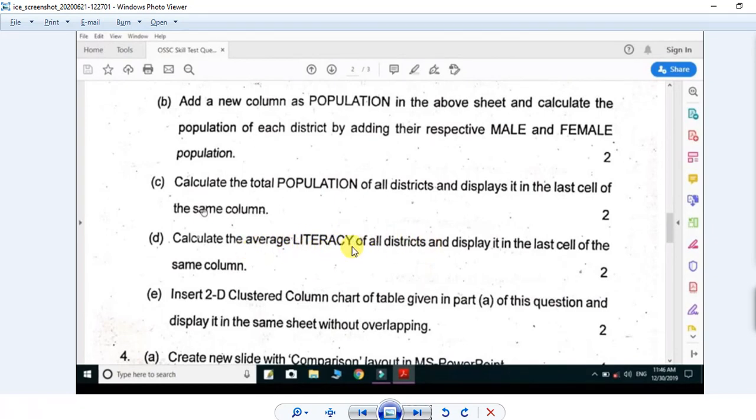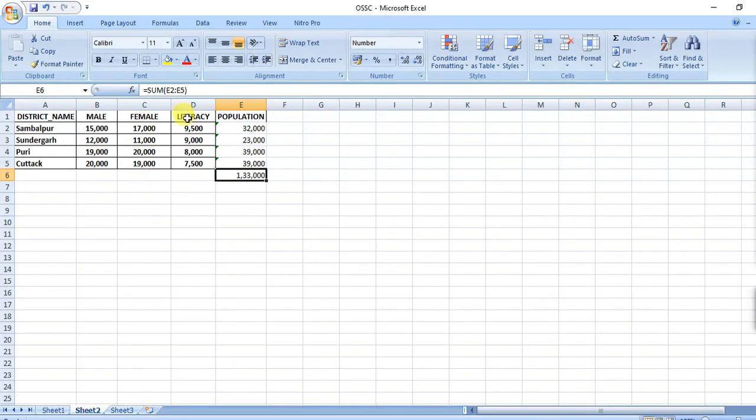Calculate the average literacy of all districts and display it in the last cell of the same column. Literacy, total literacy, average. Okay, so how could you write average? You have to click here, average.